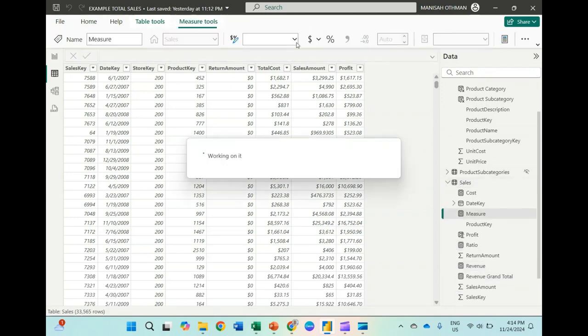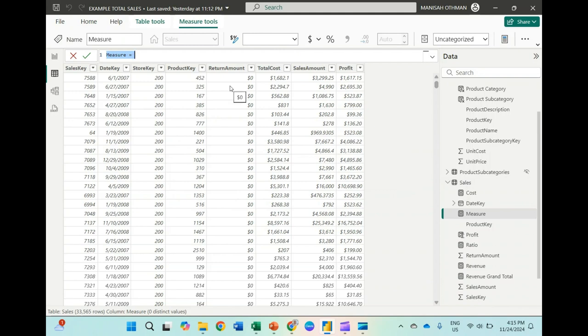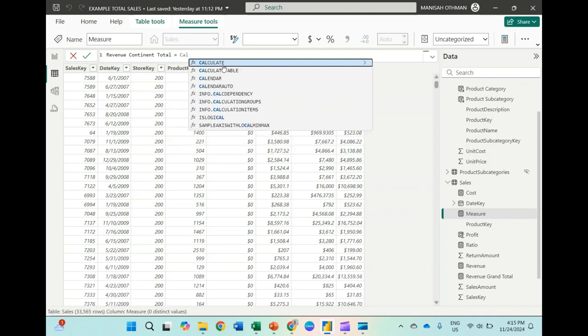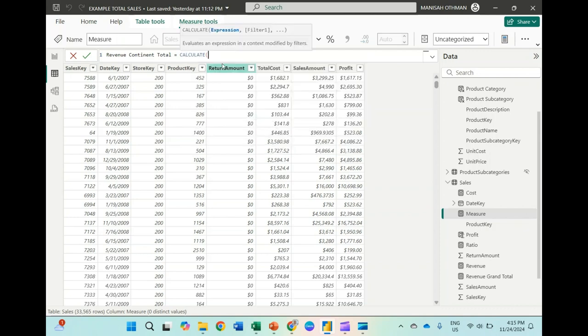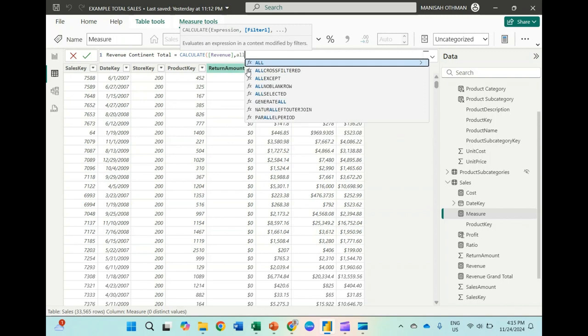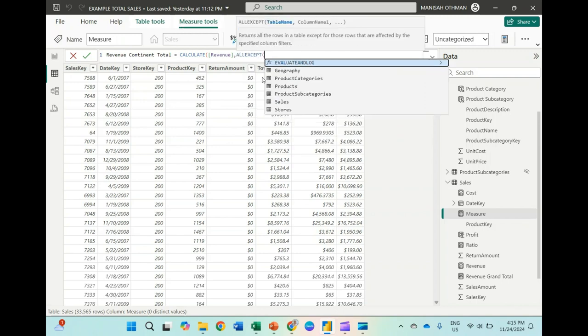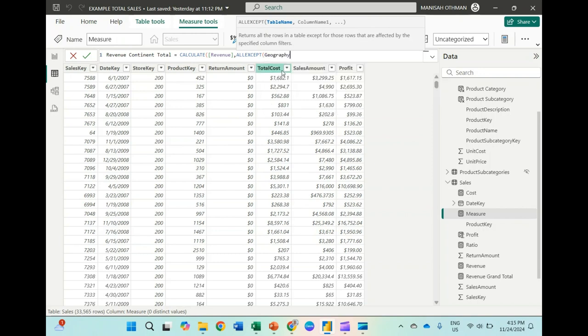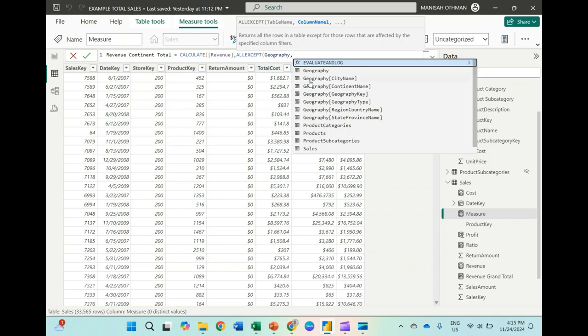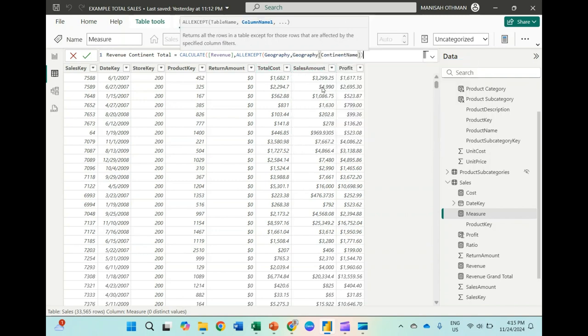New measure. Okay, I want to calculate a revenue continent total. Revenue continent total equals to, right, calculate a revenue, okay, or except. Okay, table, geography, and a column based on continent, so we choose continent.